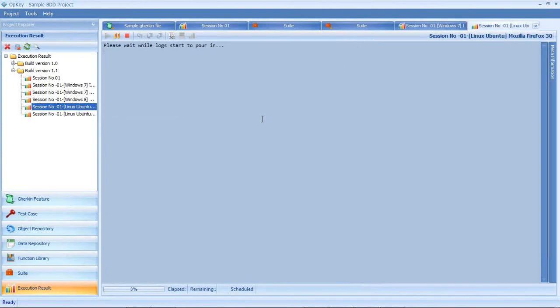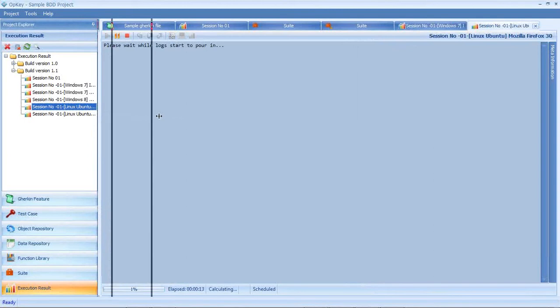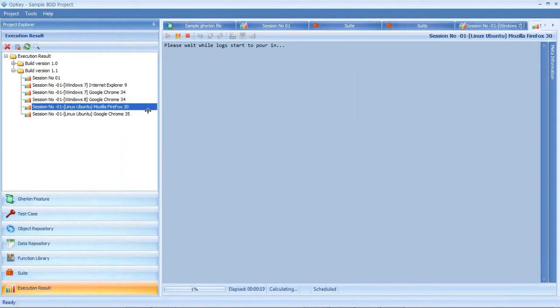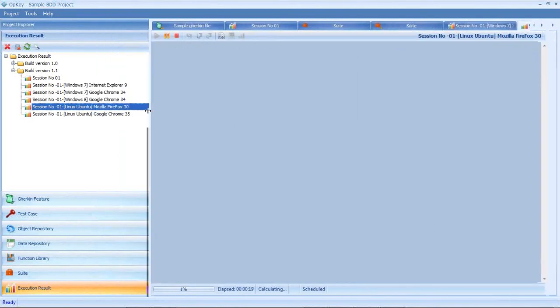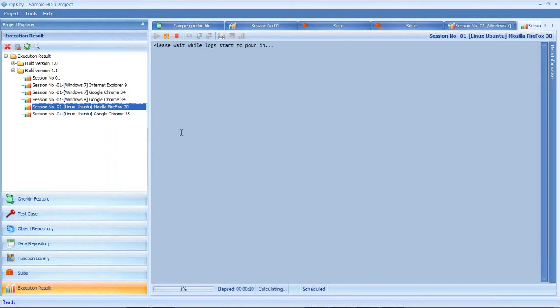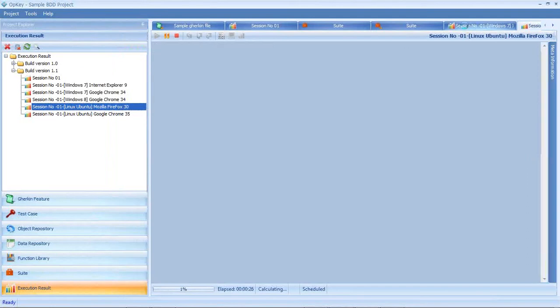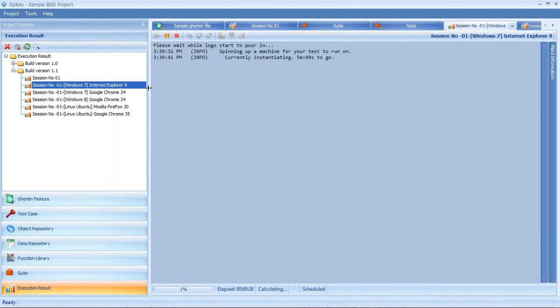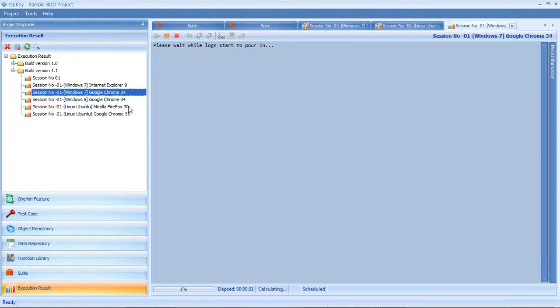So now it will create a new machine with Linux and Firefox combination, and upload the whole test case and execute the result. And you can also view all the screencast at the same time.